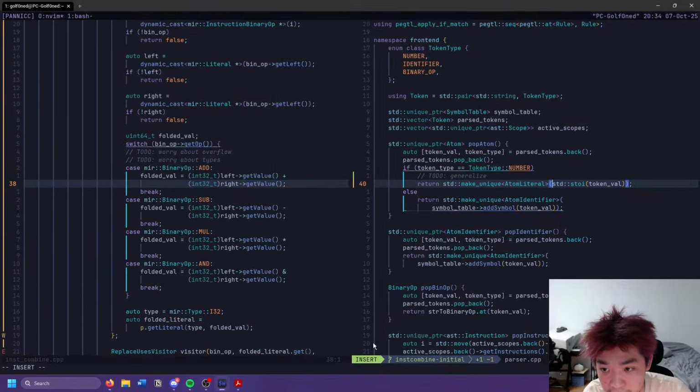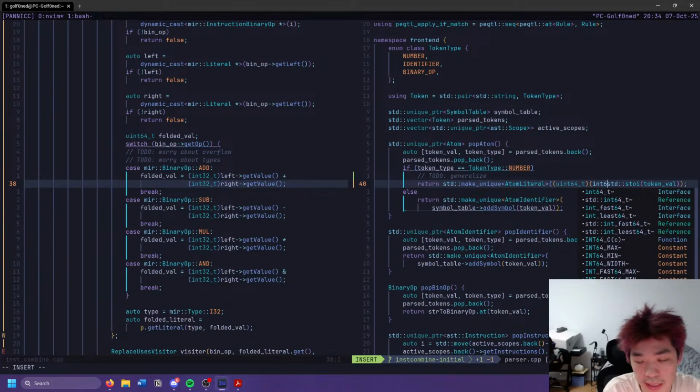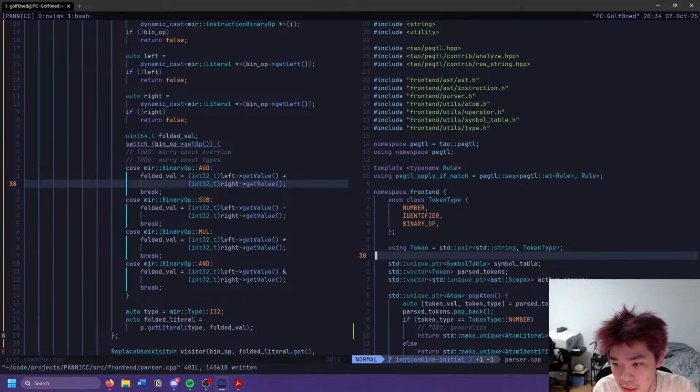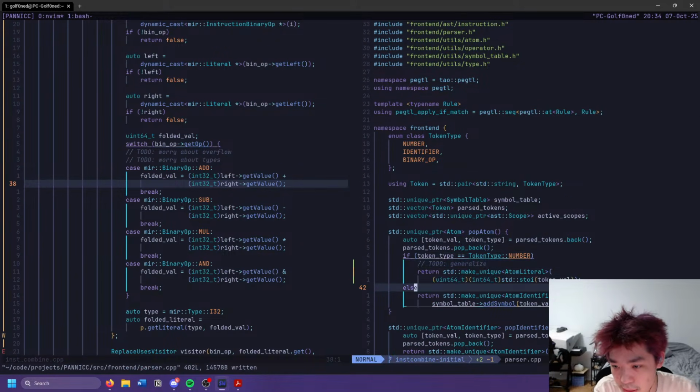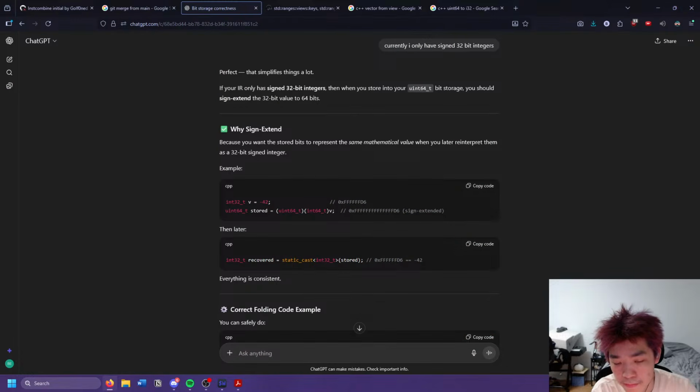Okay, so I want to sign extend this. This is really gross. So I went to uint64_t int64_t. Let's make a quick helper real quick. Do we need to make a helper? I don't think we need to. We can just leave it as is. In the parser, does s2 parser